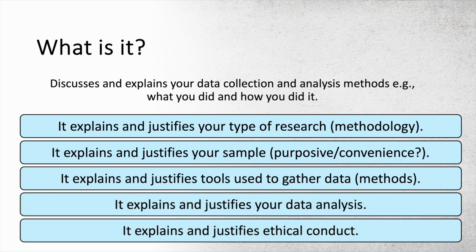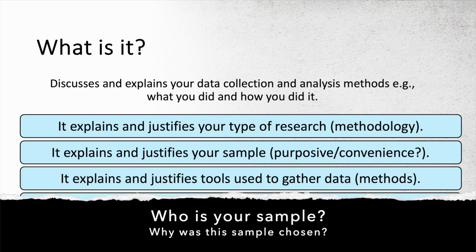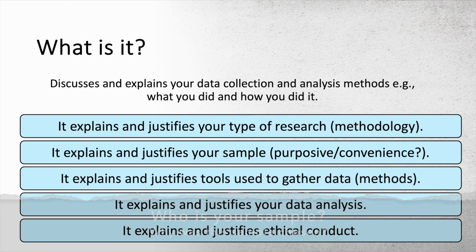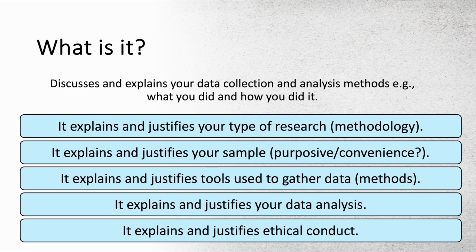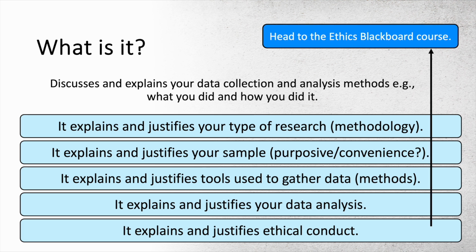It explains and justifies your sample. It explains and justifies the tools used to gather data. Those are your methods. And it explains and justifies how you're analysing the data you've collected, and ethical conduct. You can head to the ethics Blackboard for the last point because there is